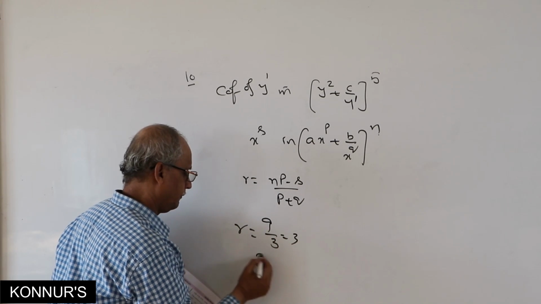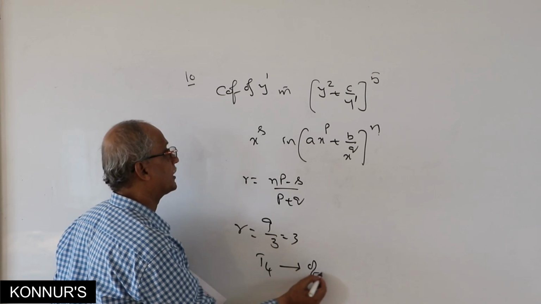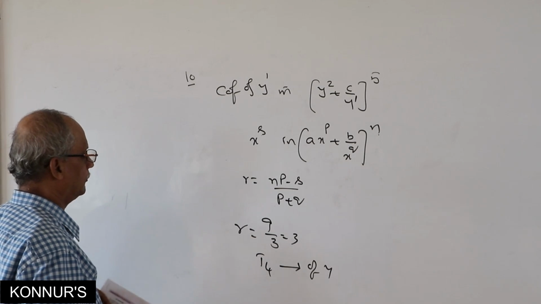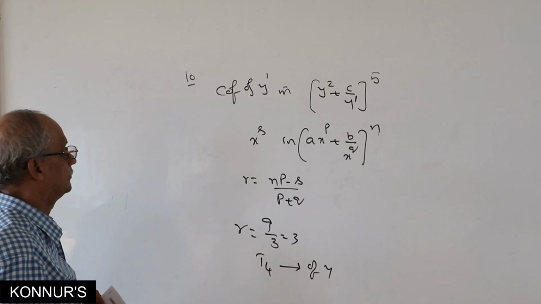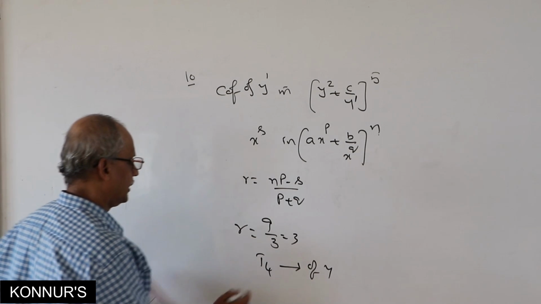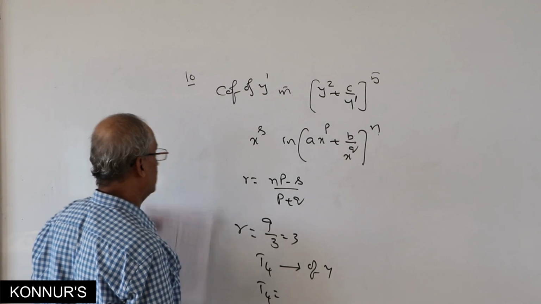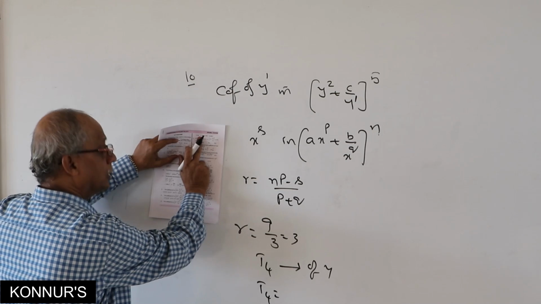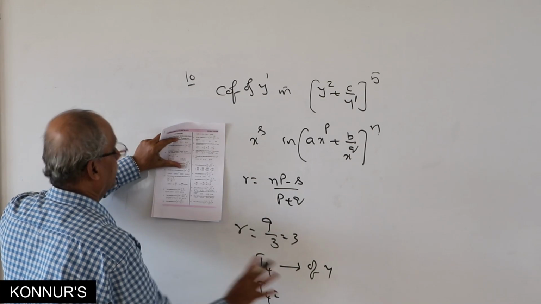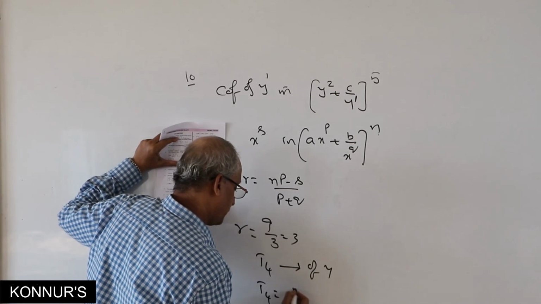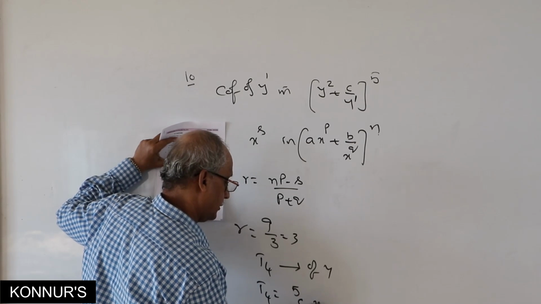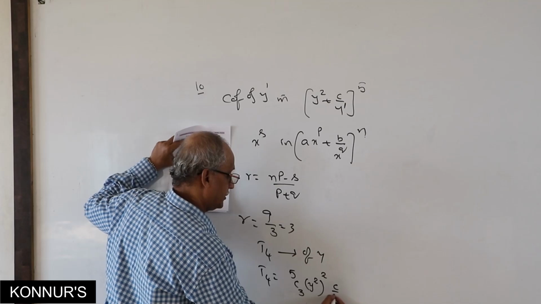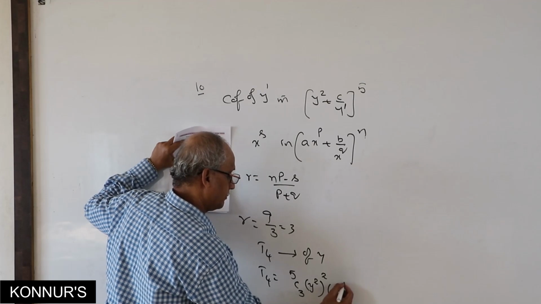Hence, T4 is the coefficient of y. That is the first answer. If they ask only for term number 4, third, second, like that, it is T r plus 1. Now, write T4 as a term, because in A, B, C, D you have values, so you have to simplify, not only give the term number. T4 is 5c3 (y square) whole power 5 minus 3, (c by y) whole power 3.